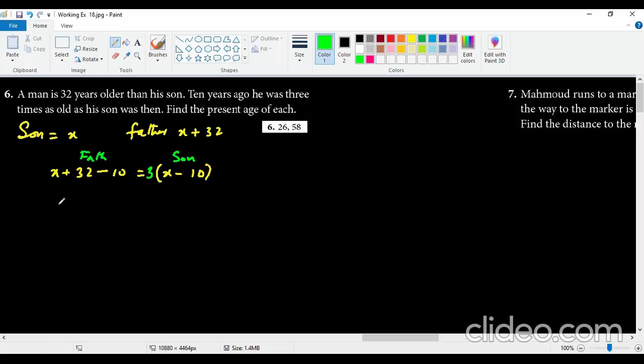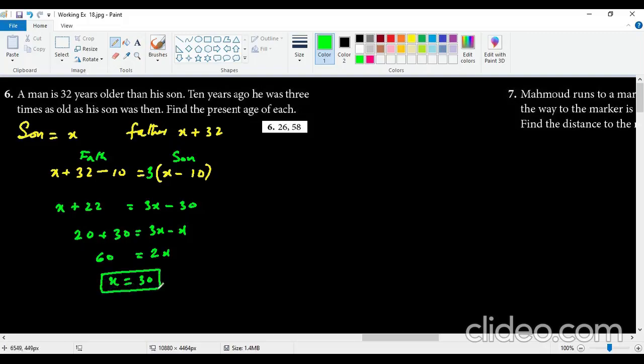So according to the condition, this is going to be x plus 22, and this is 3x minus 30, and this is going to be 22 plus 30, and this is going to be 3x minus x. That means this is going to give us 30, 60, and 3x minus 1x is going to give us 2x. So x will be equal to 30. So at present, the age of the son is 30 and the father is 32 years older. That means 30 plus 32